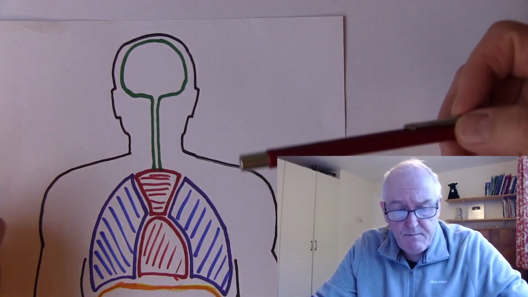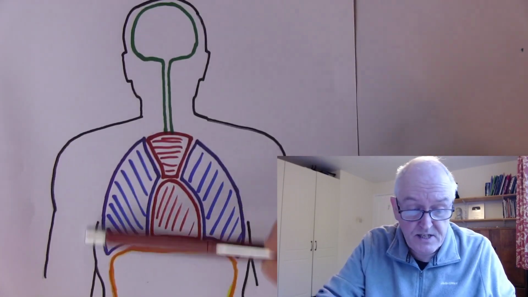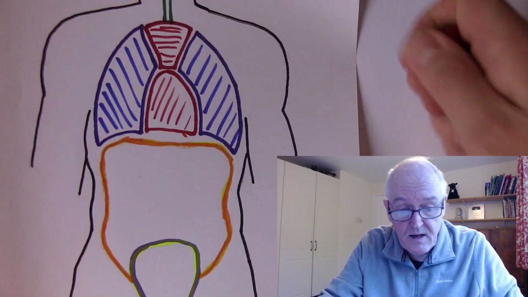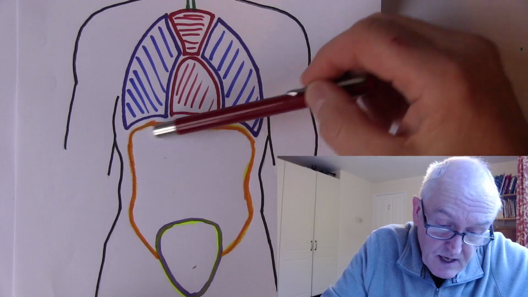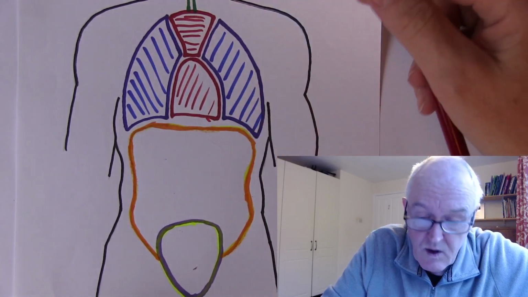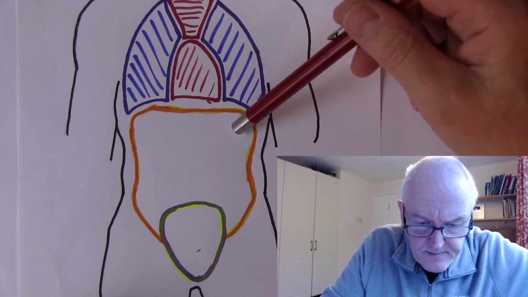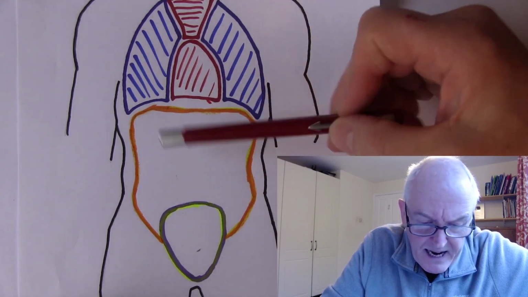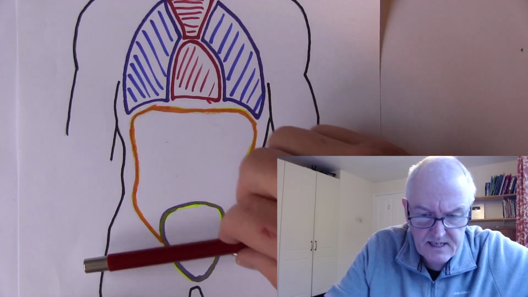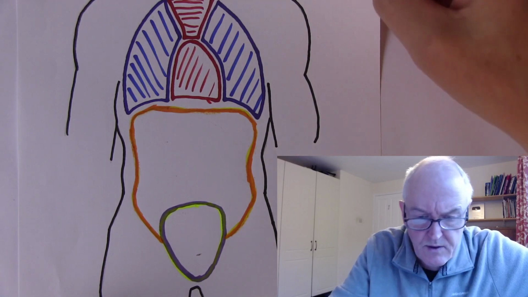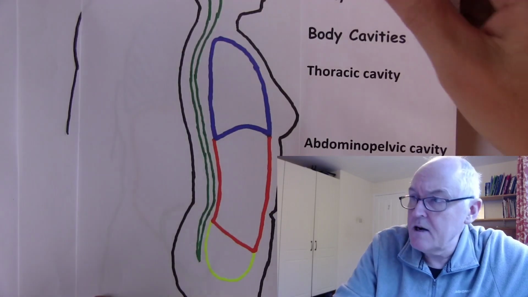So obviously we have the bones of the skull and the vertebrae protecting the neurological structures, but then we've got the ribs and the intercostal muscles, and actually the ribs and the intercostal muscles protect the top part of the liver and the kidneys to some extent as well. Also the spleen here. We have the vertebrae at the back, and we have firm muscles over the top of the abdominal cavity as well, protecting the organs of the abdominal cavity. So they're the main structures. That's the first part of this video.